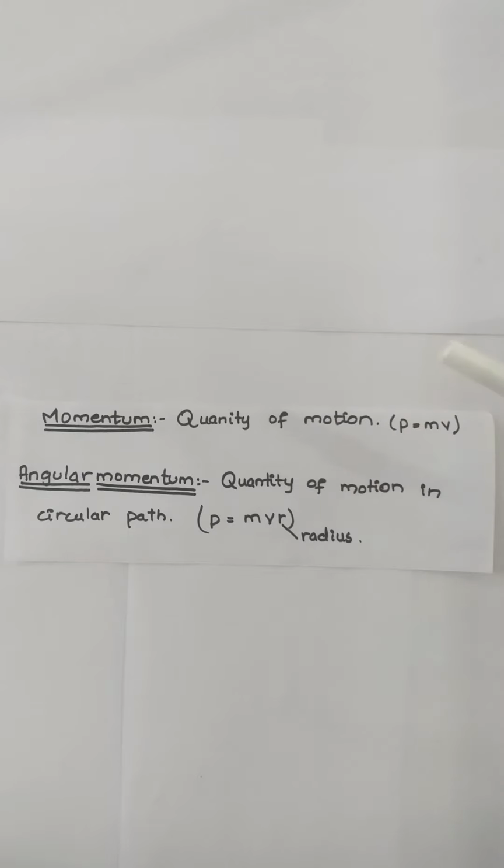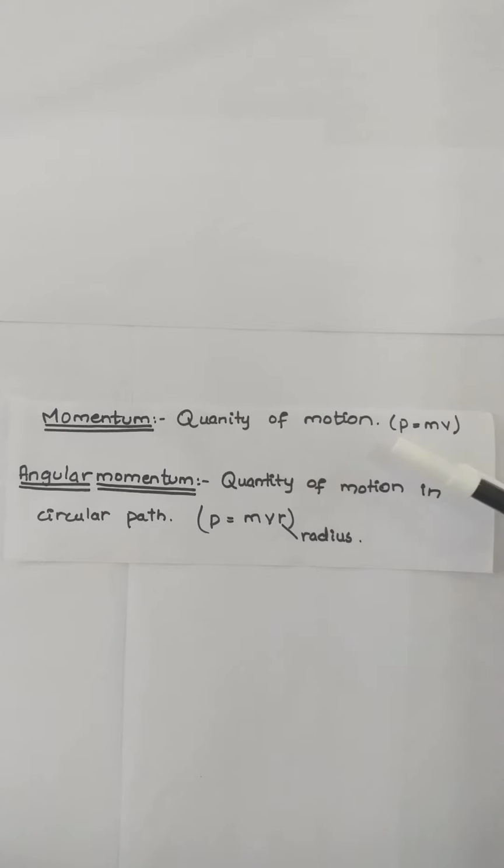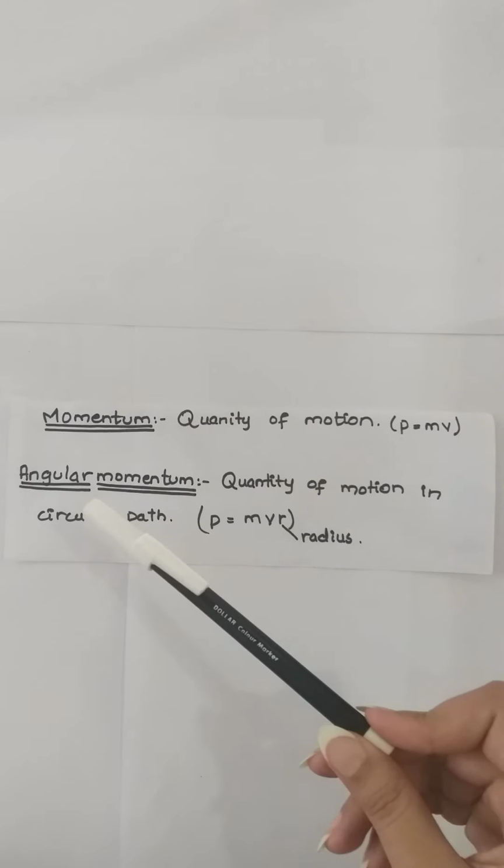कि किसी भी चीज़ में, for example, there is a fan और वो movement कर रहा है, motion कर रहा है. So we would say what is the motion or the quantity of motion in the fan. So that would be the momentum of the fan. That is equal to P is equal to mv. Then there are two types of momentum, that is linear momentum and angular momentum. But here we'll only be needing the angular momentum.